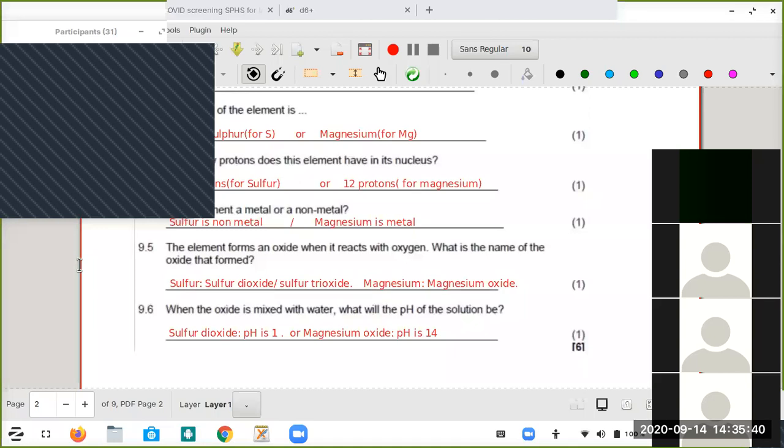Oxygen. Now, if your answer to 9.1 was carbon, it means the oxide that is going to be formed is carbon dioxide. Or it can form what we call carbon monoxide, right? That's again a compound that is formed when carbon reacts with oxygen. If your answer to 9.1 was magnesium, it means magnesium plus oxygen will give off a product known as magnesium oxide. Remember, any metal plus oxygen gives off a metal oxide, right? If it is a non-metal, it means it's a non-metal oxide which is formed. Now, that one is covered. So the oxide could be carbon dioxide if your answer to 9.1 was carbon. If it was sulfur,